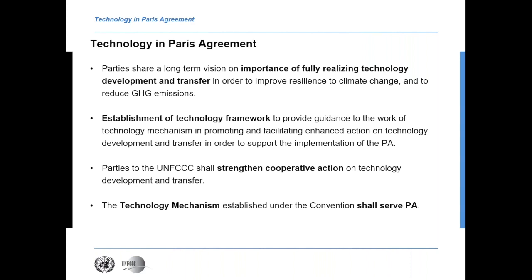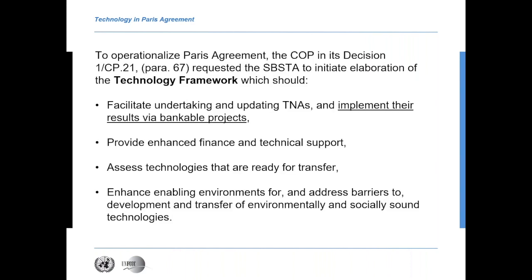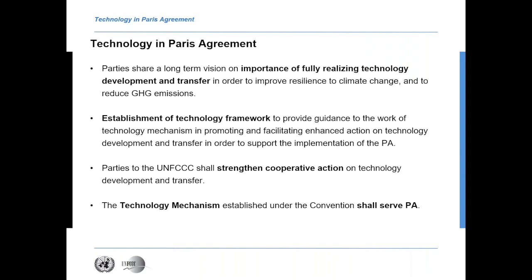For those of you who know, we had a technology transfer framework for a significant period before Paris, and also parties agreed to strengthen action on technology development and transfer, and the technology mechanism, which is basically TEC and CTCN,